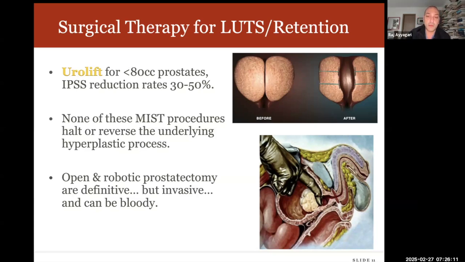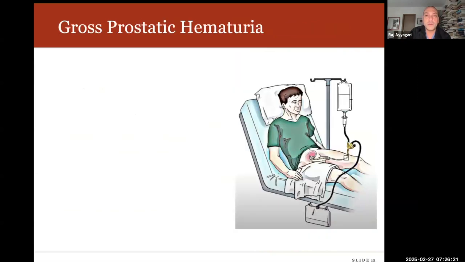A very invasive, very bloody surgery should not be done anymore, I don't think, now that embolization is available, and it can be really hard for elderly patients to undergo such a major surgery. Now, just talking about blood in the urine, so gross hematuria. So the patients in urinary retention and the patients with hematuria will be the two most likely